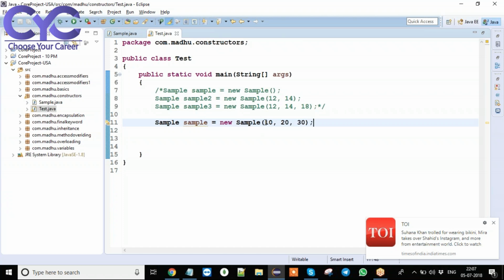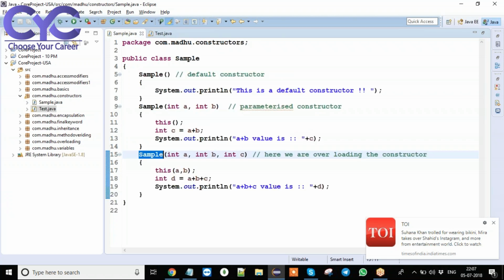While you are passing three parameters to a constructor, JVM understands that we have a three-argument parameterized constructor. That constructor needs to be executed first. It searches for the three-argument parameterized constructor, and those parameters are going to be stored as 10, 20 and 30. Now in the first line, JVM executes line by line, right? In the first line here, what do we have?